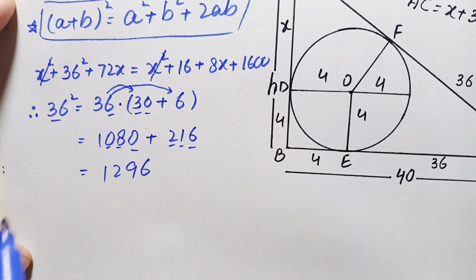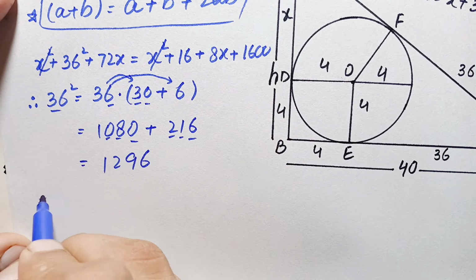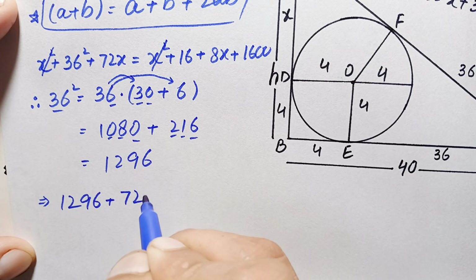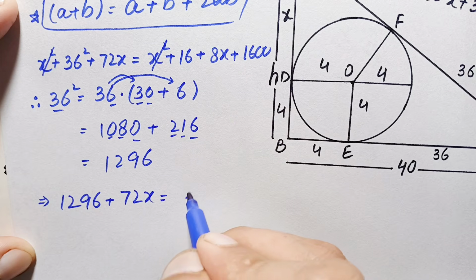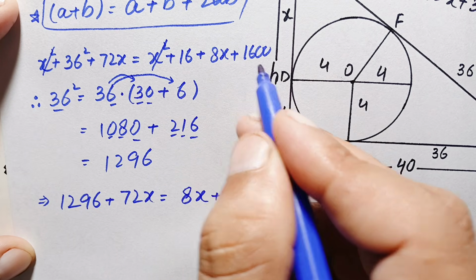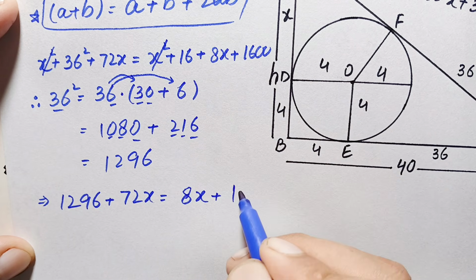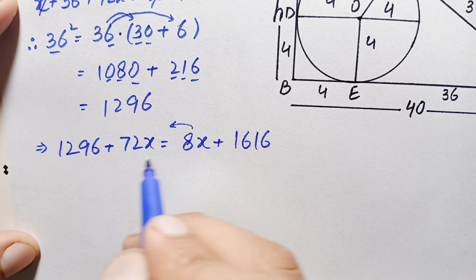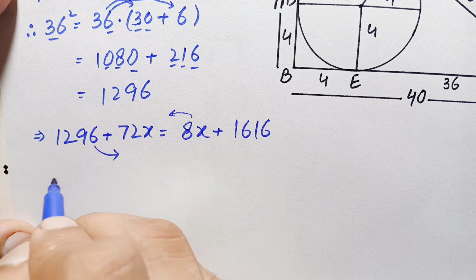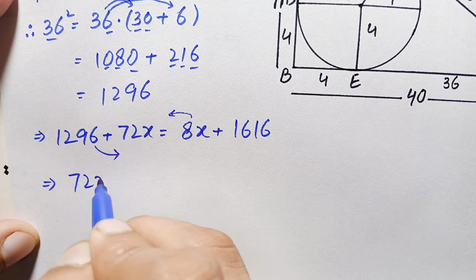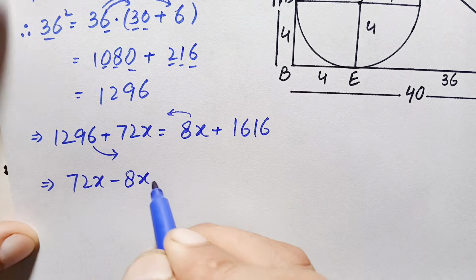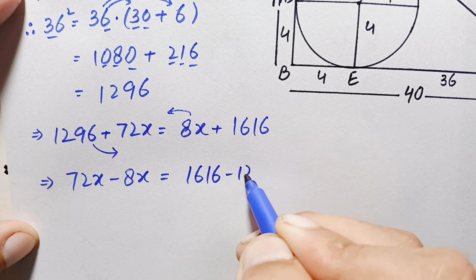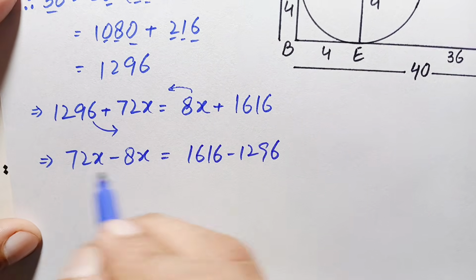So we substitute this value here. 36 square is 1296, plus 72x is equal to 8x plus, we have to add these two numbers, 1600 with 16. So this gives us 1616. Here we will move this 8x to the left hand side and this number to the right hand side. So this will become 72x minus 8x is equal to 1616 minus 1296. So this gives us